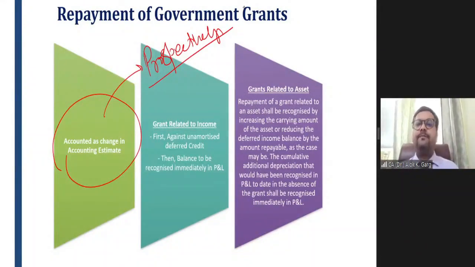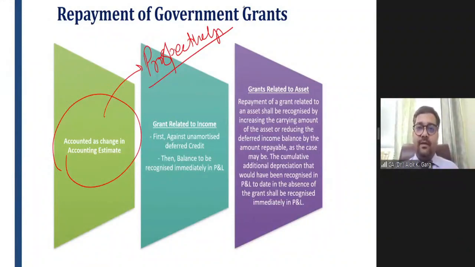So guys, now we have so far understood the grant in two manners. One is revenue nature of grant, second capital nature of grant. When I say capital nature of grant, there is no such word known as capital nature of grant. It is asset related grant. Okay, so if there is an income related grant,